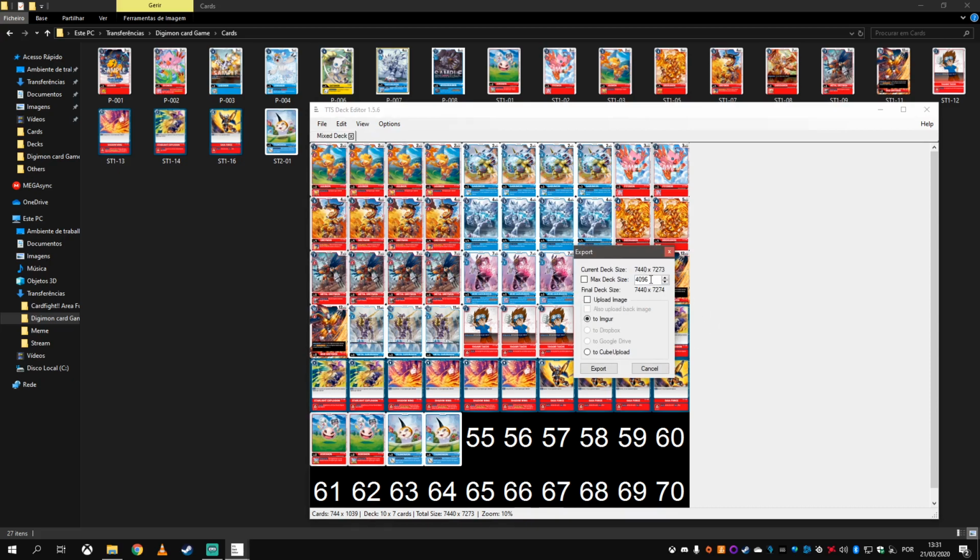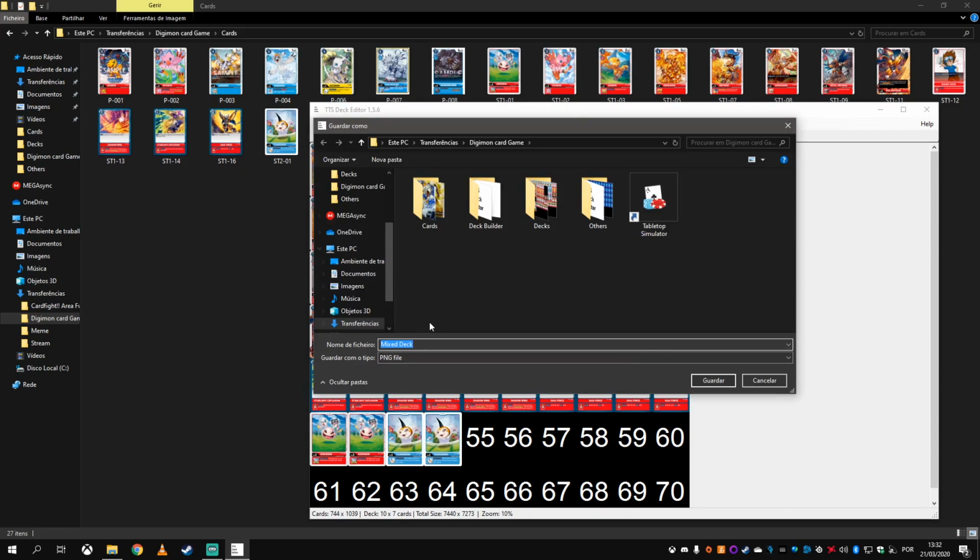To export it, you usually want to make it the size of 4096. This is a size that is both small, yet provides a high fidelity on the card itself. So you click export, and it brings you into a page, and